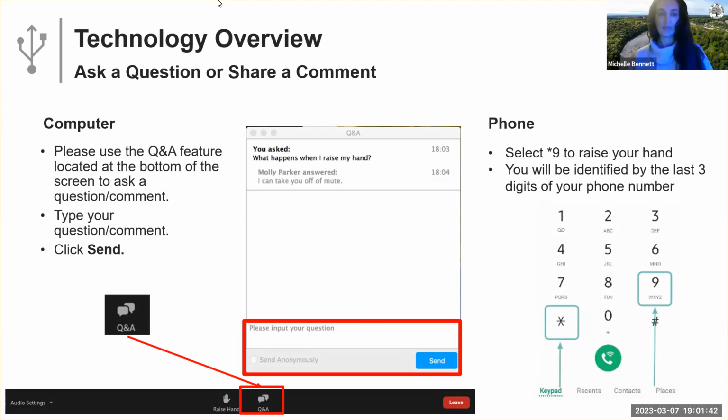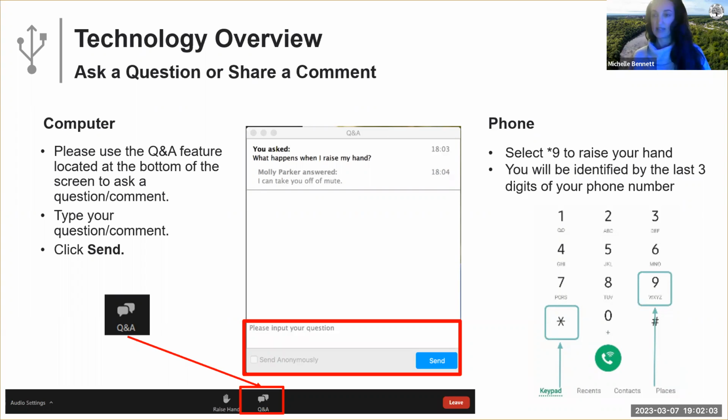Yeah, thanks, Hillary. If you hover over the bottom of your screen, there is a little icon that says Q&A. This will be the primary mode of communication tonight between the panelists here and our participants. So you can submit a question at any time and we will receive it.